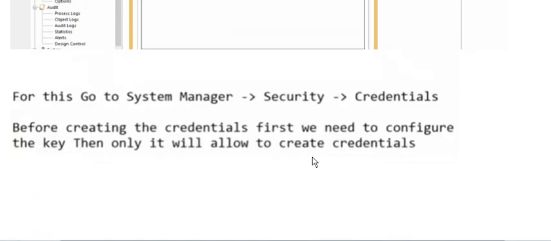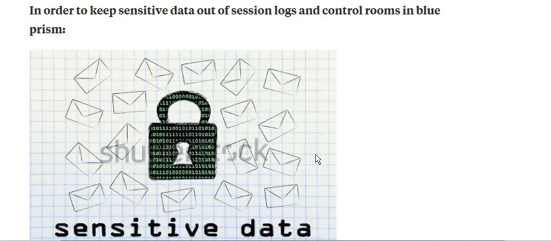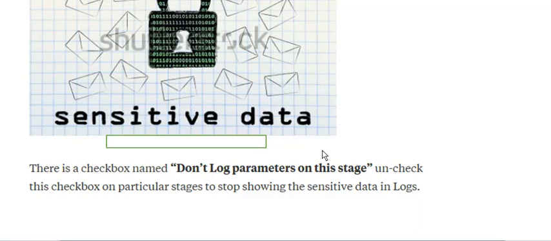One more thing you have to be careful about. If you have created the sensitive information, make sure in your session logs and control room, there is a checkbox, don't log parameters on this stage. Usually the client will not allow us to store any sensitive information in the logs as well.